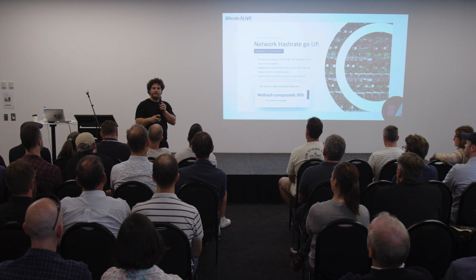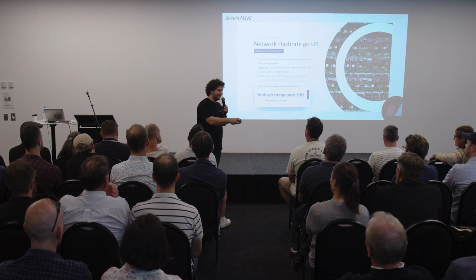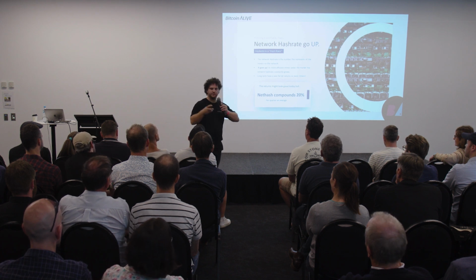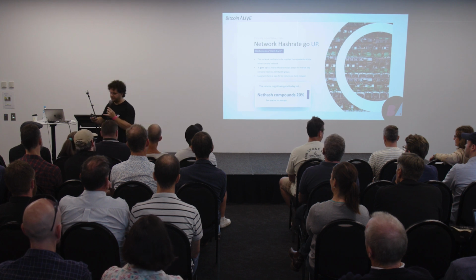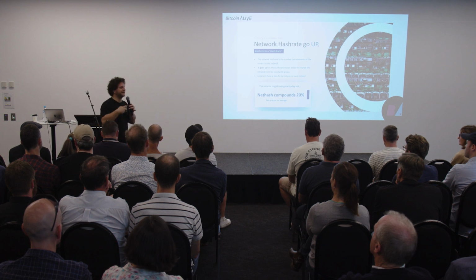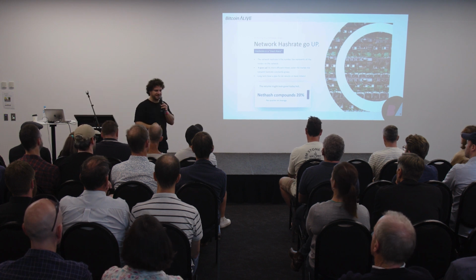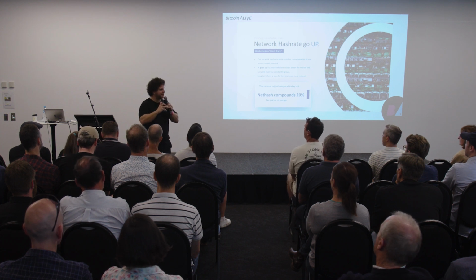If it's profitable, humans are incentivized to do Bitcoin mining. That means more miners come into the network. That means more users and more transactions come into the network. That means the number goes up a little bit over time. That means more miners get incentivized to come into the network, etc. You guys understand that? So the pool of hash rate gets larger and larger over time, usually at